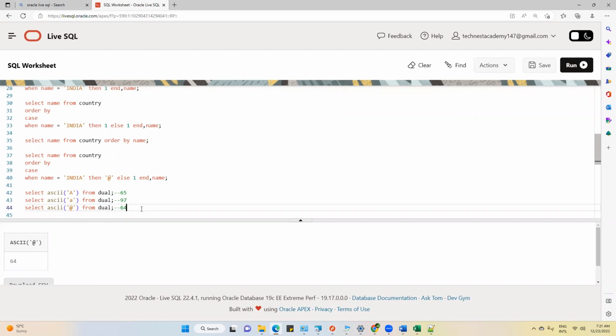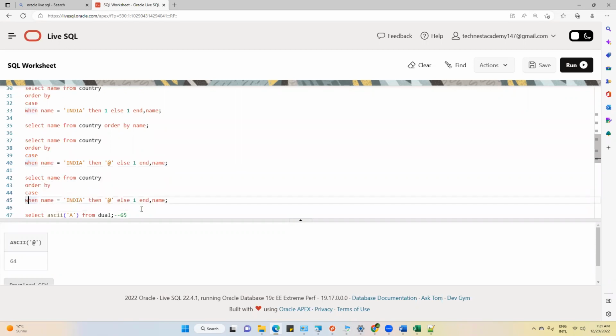So from this, I want to explain one concept: that your special characters also have some ASCII value. Now this query will be converted in this format. You guys agree on this or not? Yes. Okay. Now tell me, if I execute this,